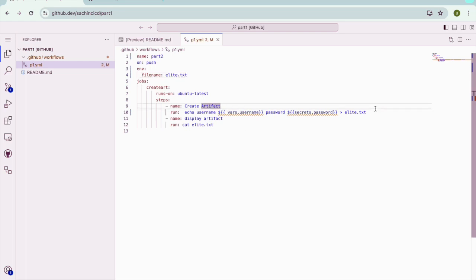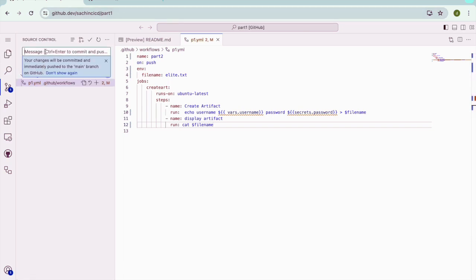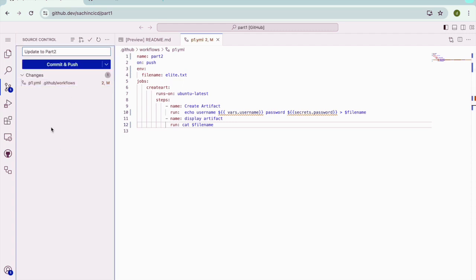So I'll replace here $file name and here $file name. So let's save, update to part 2 and push this change,